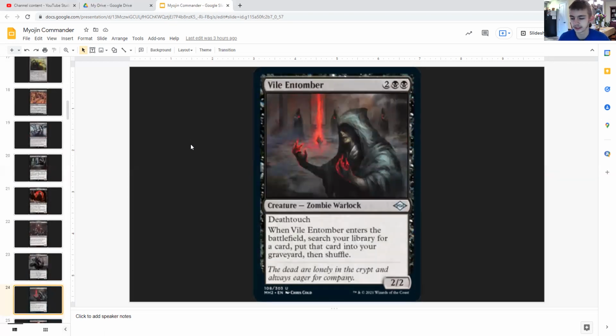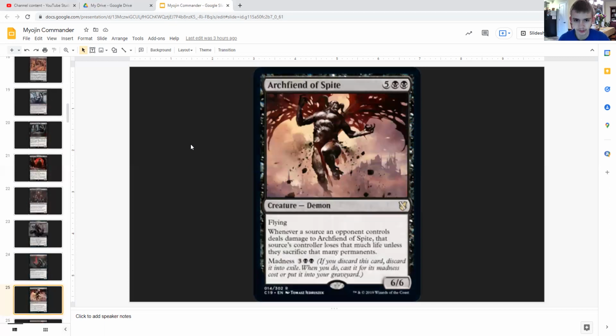Vile Entomber to get us something specific if need be, like if we need help with milling, like we get a creature, something like that. Archfiend of Spite, since we're discarding cards, of course we're gonna have maybe a Madness card in here, but Madness doesn't matter. What matters is that it's mostly like